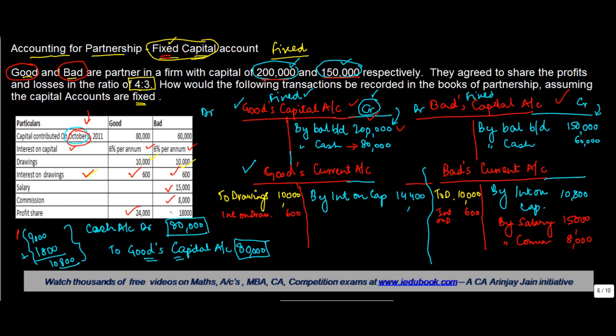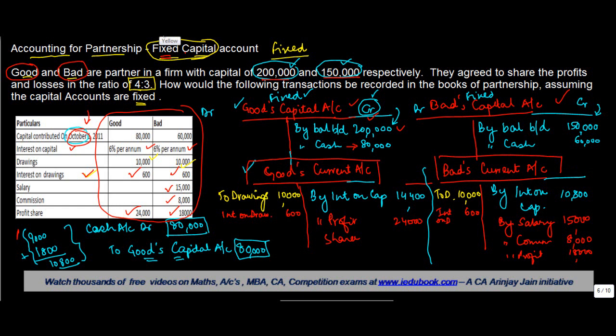And there's a share of profit of 24,000 and 18,000 for both of them. Again, profit is also what? That increases the credit balance of the partner's capital account. But because it's a fixed capital account, the entry has to go in the current account. By profit share 24,000. Profit. Right? And with this we come to an end of this exercise. The idea was to show you that the partner's capital account will remain fixed, right? All the entries except for the introduction of capital went to the current account,